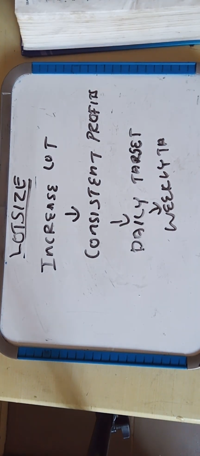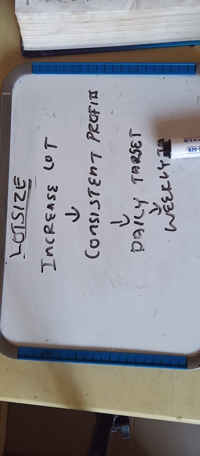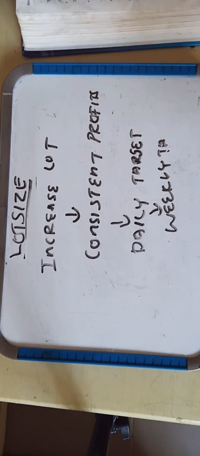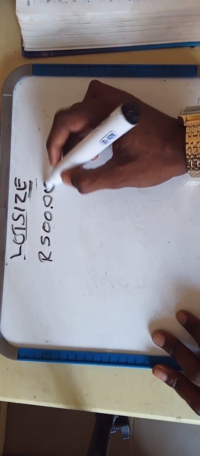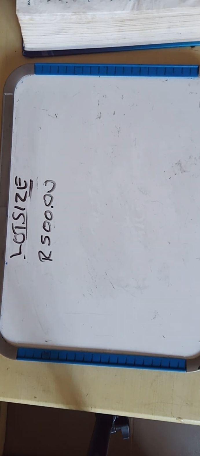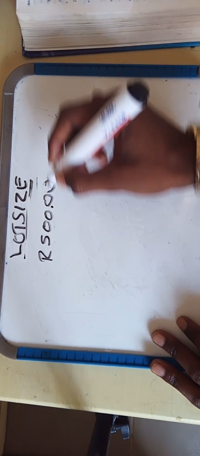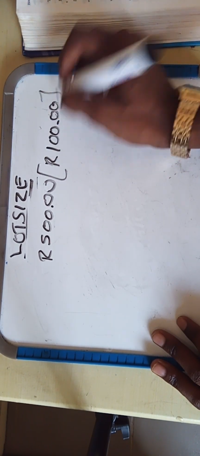But if you are a trader that is struggling to increase your profit, struggling to increase your daily targets, don't even think about increasing your lot size, because at the end of the day, if you are losing in the market, for example, you have an account of 500 Rand, which is basic. This is the minimum account, by the way, that I always prefer. So with 500 Rand in a day, if you lose 100 Rand, for example,